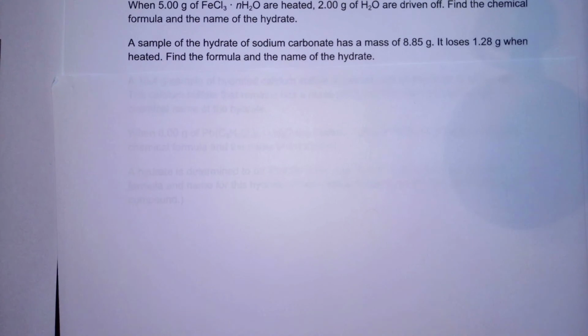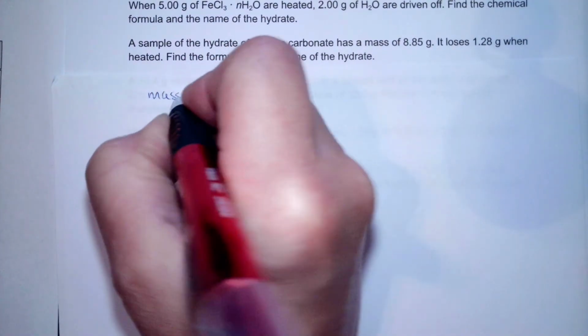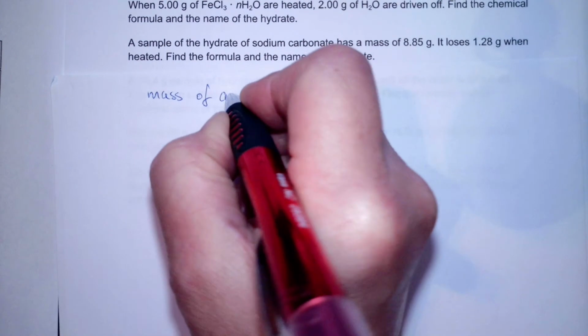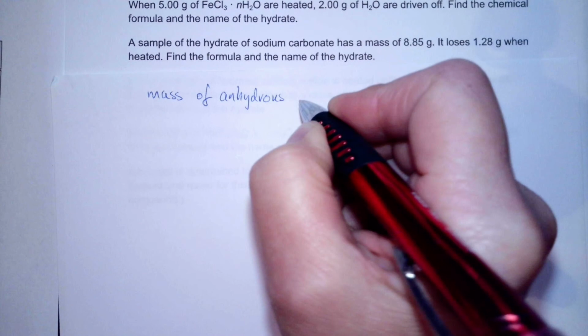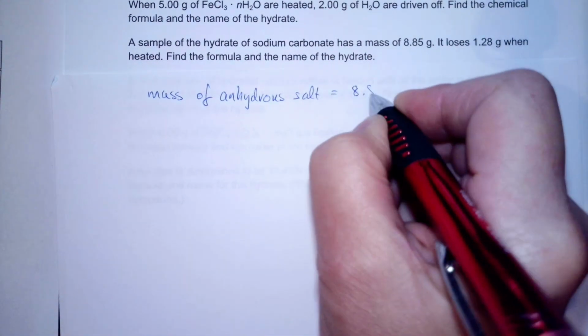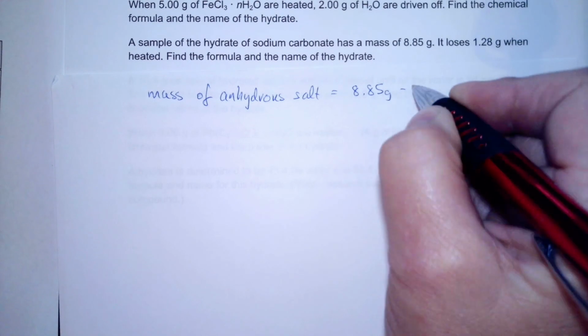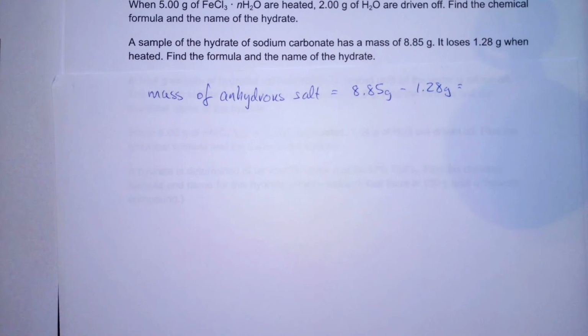The first thing we want to do is find the mass of the dry salt, or anhydrous. So that's going to be 8.85 grams minus 1.28 grams, and that's going to be